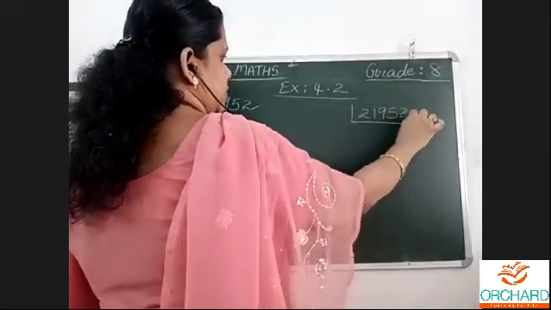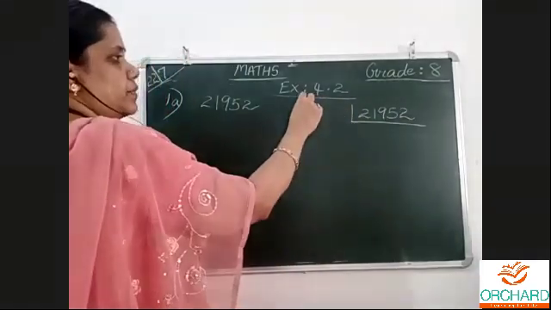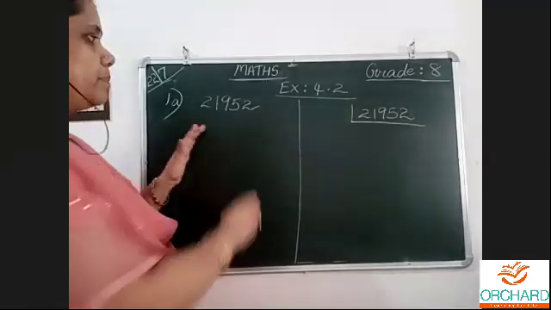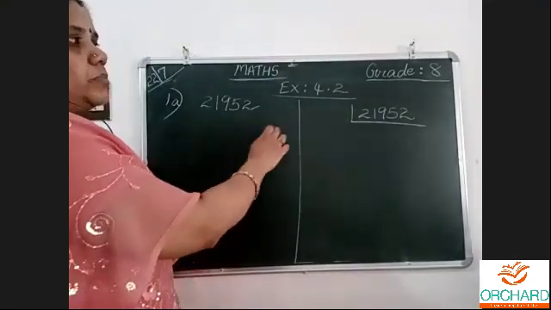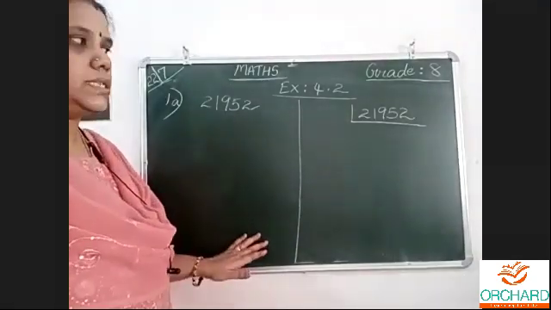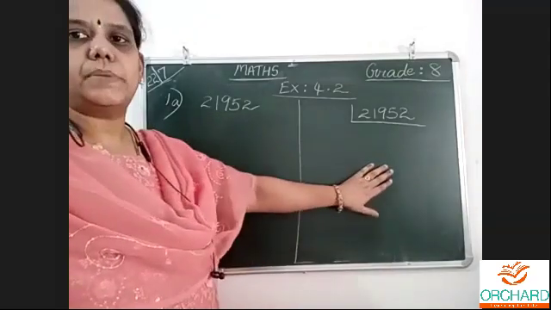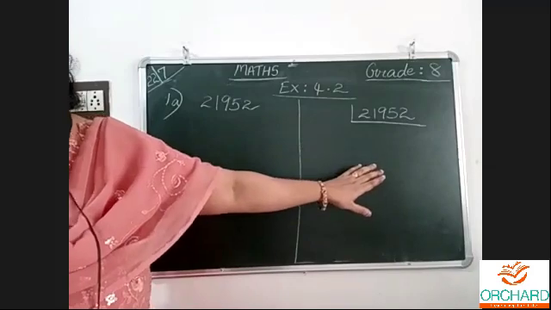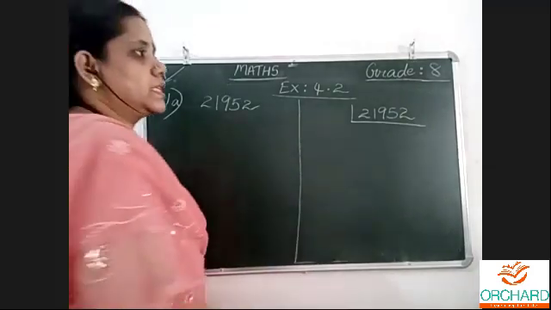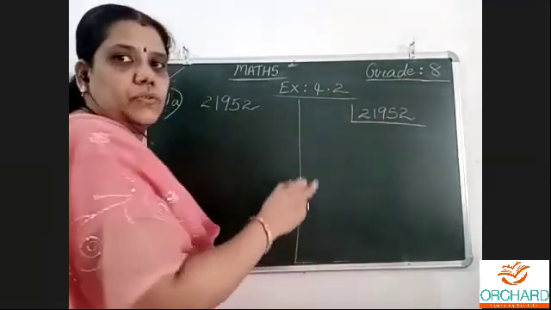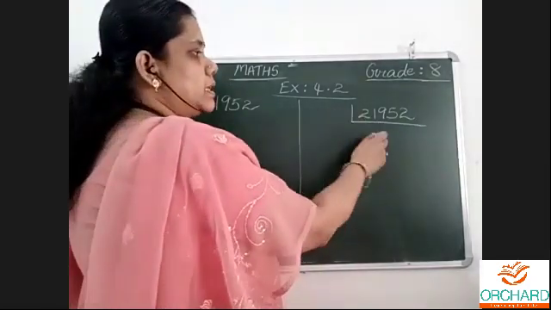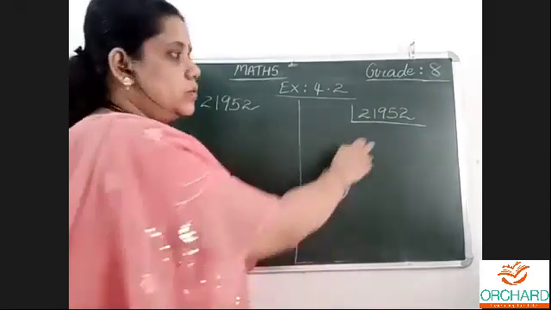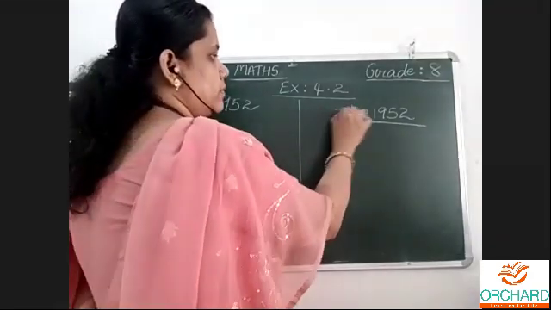21952. I will do the prime factorization this side and will copy here under the cube roots. Then we'll do the process this side. Okay, first prime factorization. 21952. Let us start. Even number. If you face difficulty in division doing directly, you should do separately. Rough column, you can copy the answer.